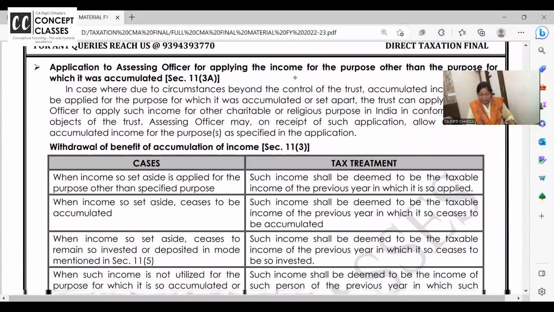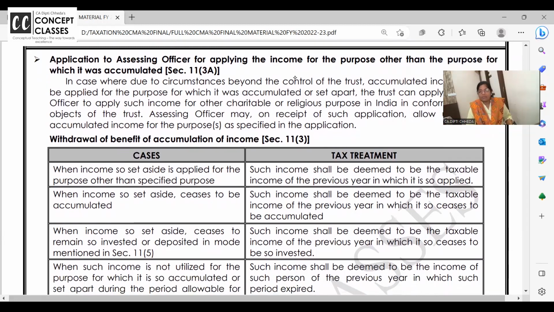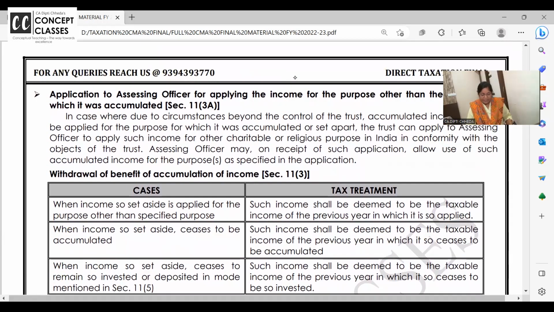Some of you may be thinking, ma'am, you repeat every day, because the final tax is like this. You are understanding better than me. So many times I feel students are understanding everything ma'am is teaching, but repetition again and again will give you more clarity. Is this revision helpful to you? More than 10 minutes are over.